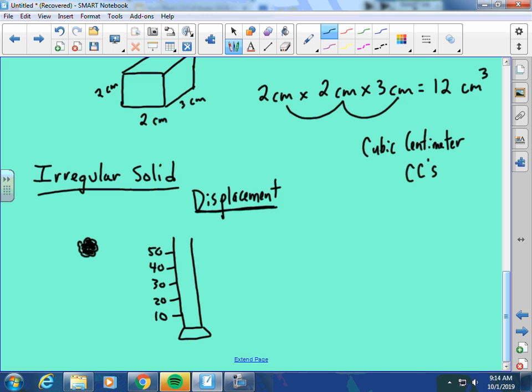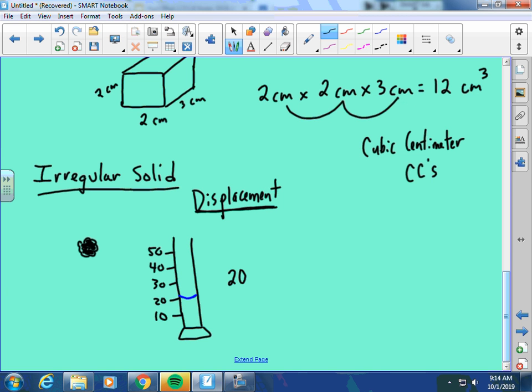And I'm going to put a set amount of liquid in there. I want to try to make it an easy number to read and understand, an easy number to do math with. So if I had this particular graduated cylinder, then maybe I would try to make it so that my volume was right at 20, okay? So that volume, I know it's right at 20,